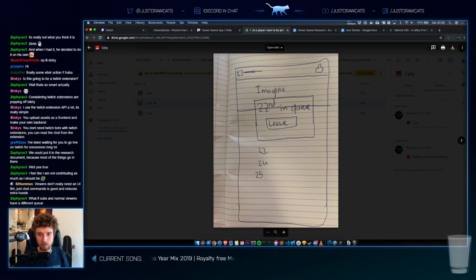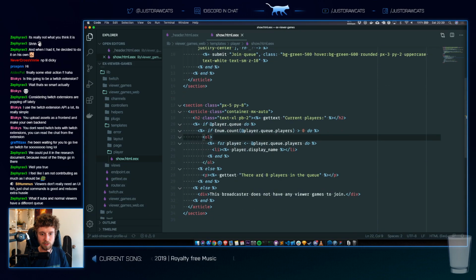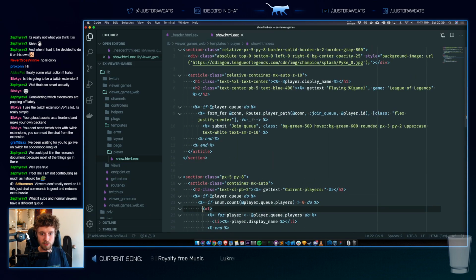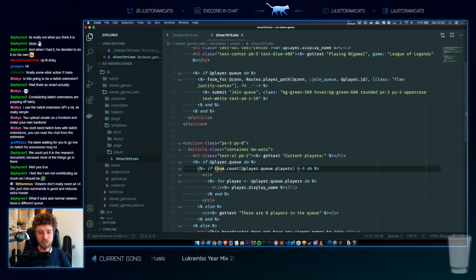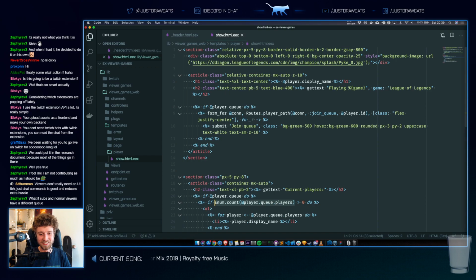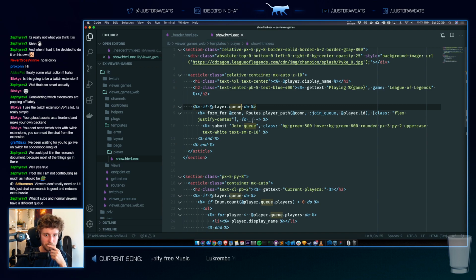Let's continue. We need a modal, and we need a way to leave the queue. So let's start with the leave queue, because that doesn't involve the modal. If I'm already in the queue, which right now is going to be super hacky, especially if we're not going to show everybody that is in the queue, which could be like 1,000 people, this is not going to work. But for now, it does work. We'll need to revisit this later on. So we'll need to check.